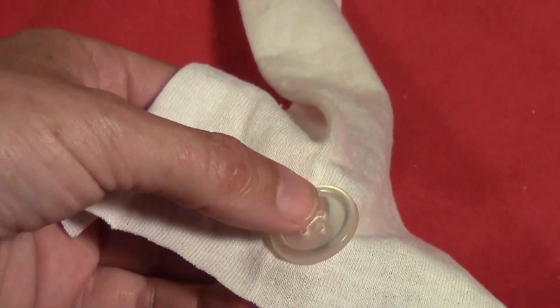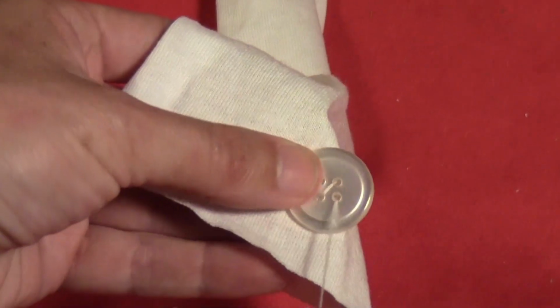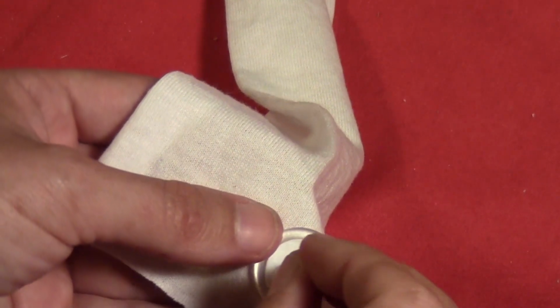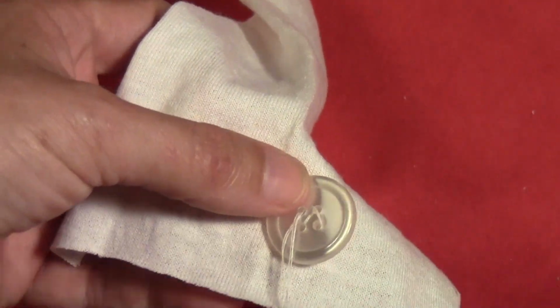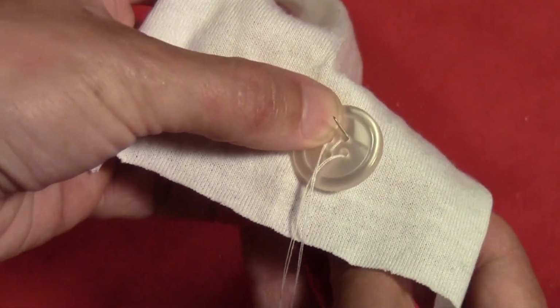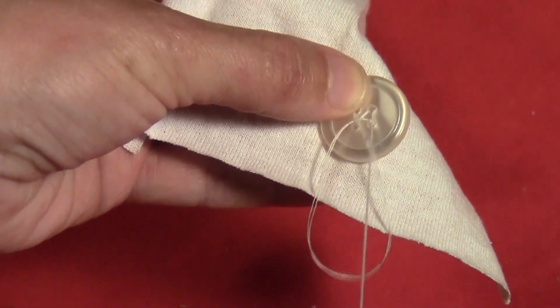So then come up through one of the empty holes with the needle and pull your thread up nice and tight, and then push the needle down through the other empty hole and pull the thread about halfway, and then come up through one of the other holes from the first set that you did and pull the thread up nice and tight,